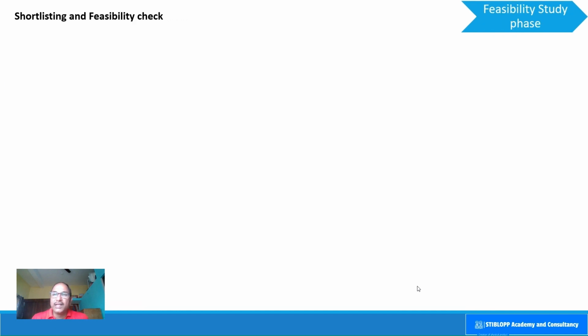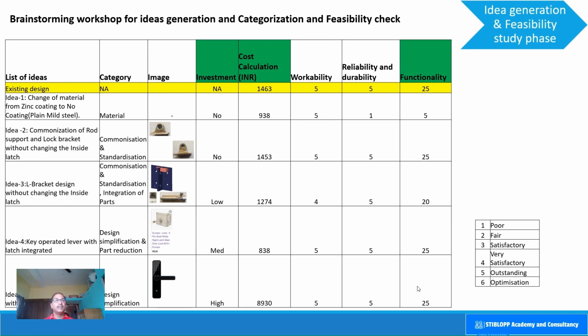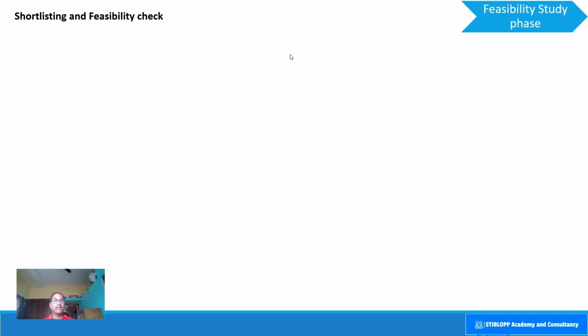Okay. Now let us do the shortlisting and feasibility check activity here. In the previous exercise, we have done the feasibility check up to some extent based upon the functionality and the cost. In this exercise, we will do a next level feasibility check where we will check those ideas versus our comparing